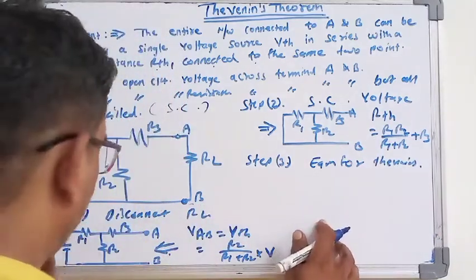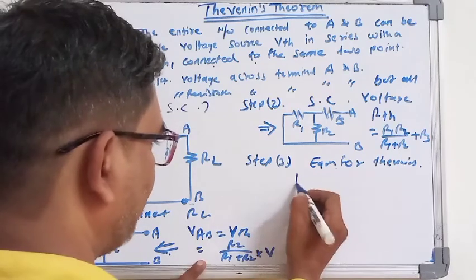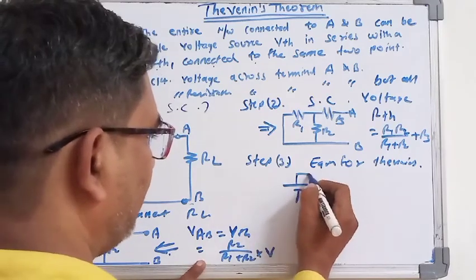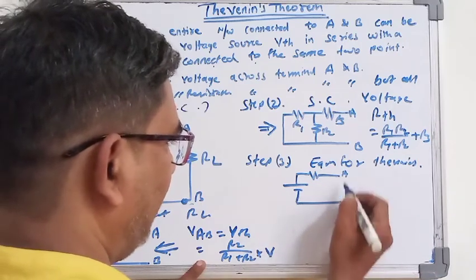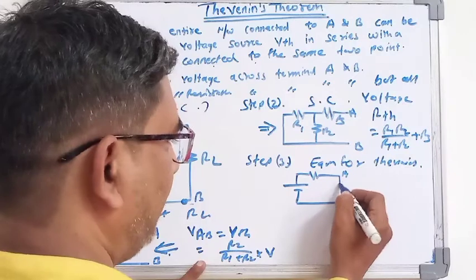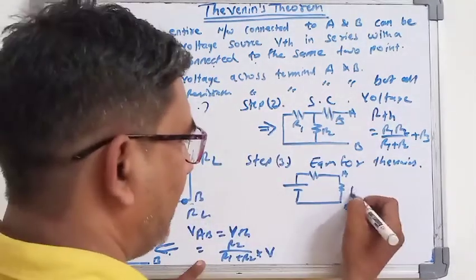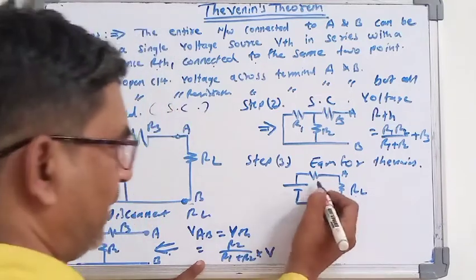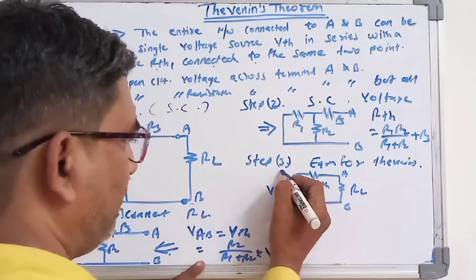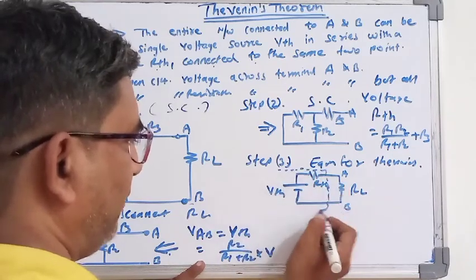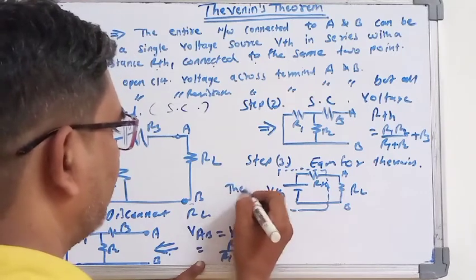Thevenin's theorem. The equivalent circuit you will be getting: we have found out this VTH. So you draw the voltage source, one resistance, and the terminal A and terminal B. In between terminals A and B, you attach the load resistance that we had taken previously, the load resistance RL. Here RTH we have found out, here VTH we have found out. You mark this with a dotted line and call it a Thevenin's network.